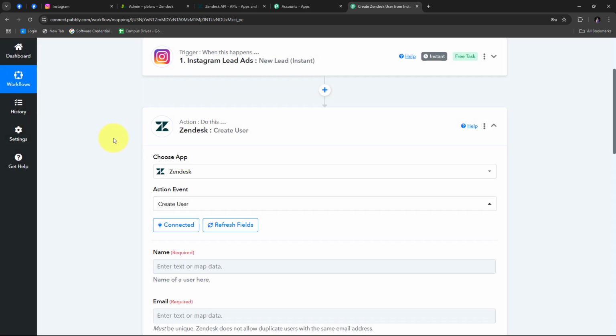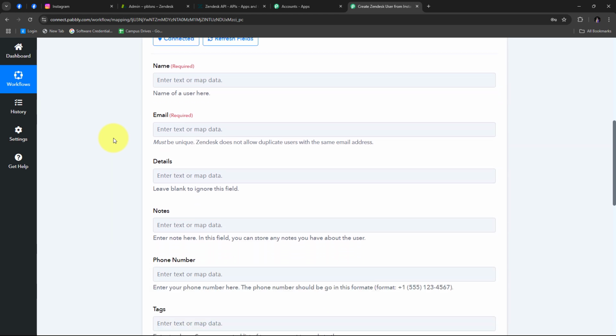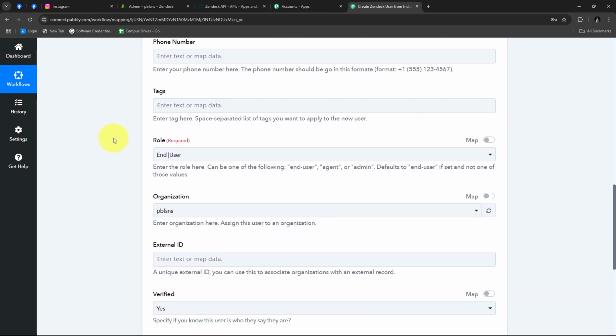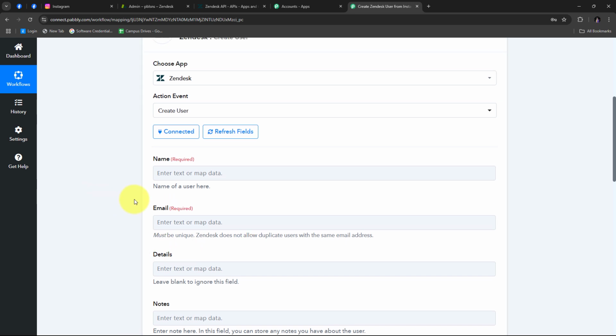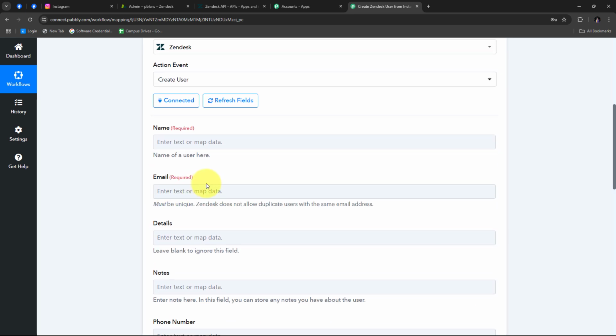And here I have connected Zendesk with Pabbly Connect. Now what I need to do is fill all these details to create a new user in my Zendesk account. So here for creating a Zendesk user, I'm going to use my responsive lead